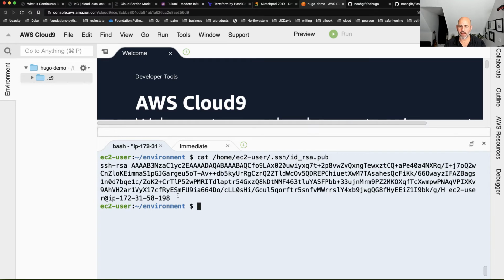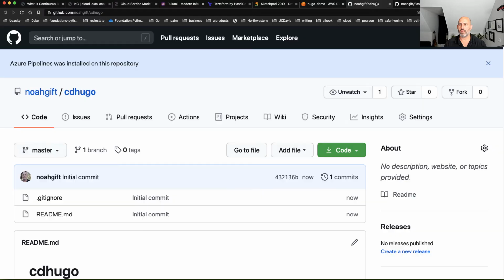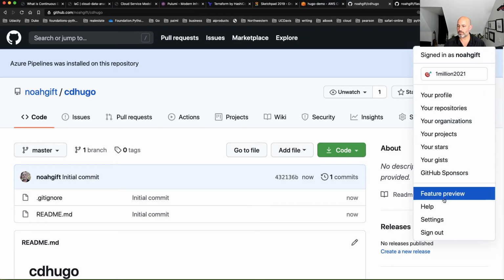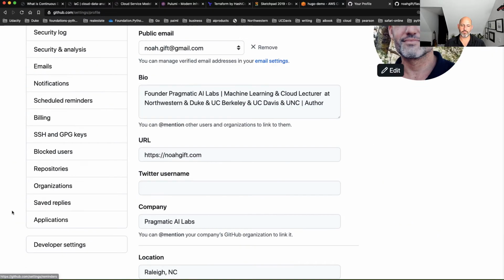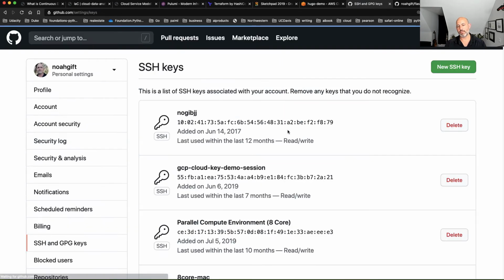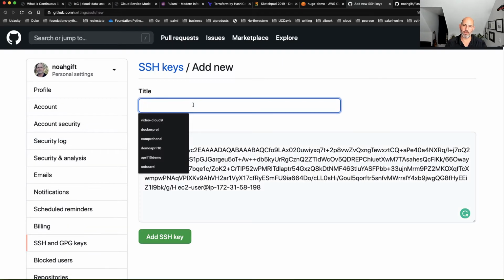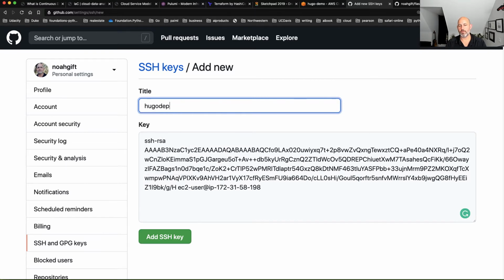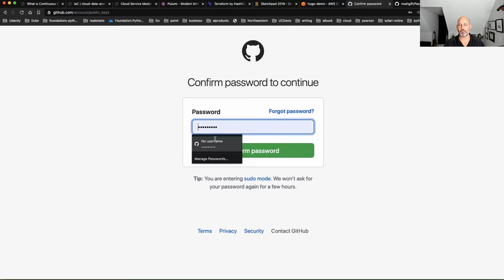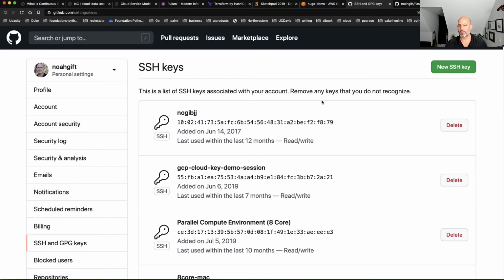Next step, I will take this and go to this directory and find SSH and GPG keys and make a new one. There we go. And we'll call this one Hugo deploy. And that should give me the ability to check this code in.